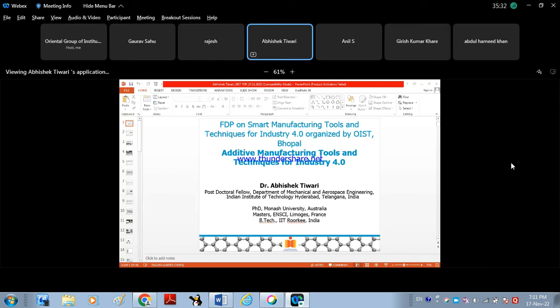And then, after my research associate tenureship in IIT Kharagpur, I joined as a postdoctoral fellow in the Department of Mechanical and Aerospace Engineering, IIT Hyderabad. Here I am working on large area additive manufacturing. Earlier we used to only operate at sample or component level, but now we want to do it on a large area scale. I was just seeing that in Amsterdam they have made a steel bridge using additive manufacturing. So you can imagine the entire bridge is made using additive manufacturing.